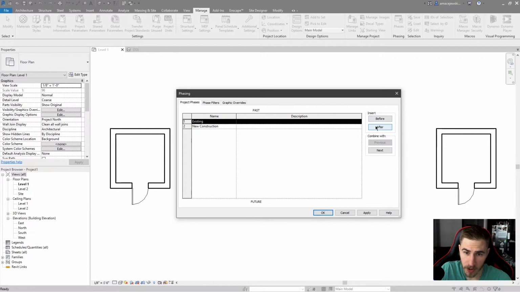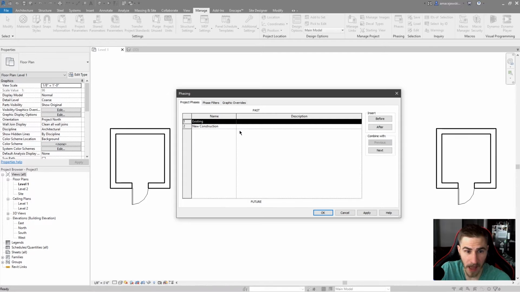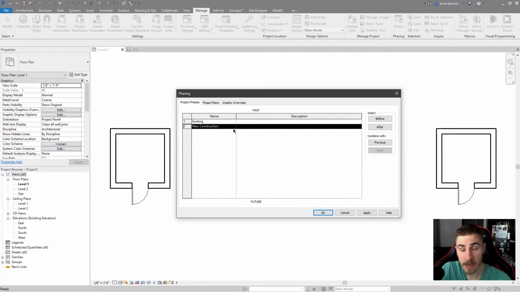You can always insert a phase before or after the selected phase, and you can also combine. So when would you do either? Insert, like I said before, if you have a specific instance where you have multiple phases in a project, and I don't necessarily mean if you have this part of the construction happening at this point and then next part happening 6 months later, that may not even be the time to use phasing. But a good example might be if you have an existing building, you'd have everything in that existing building on that existing phase. And if you have an addition that you're adding to that, that would be new construction,